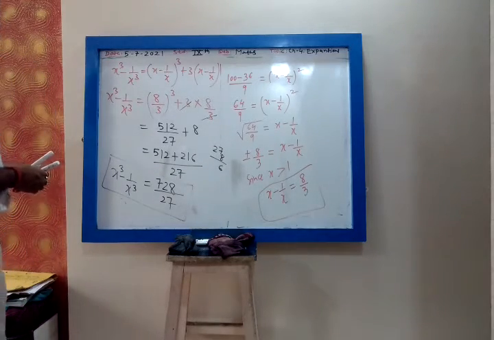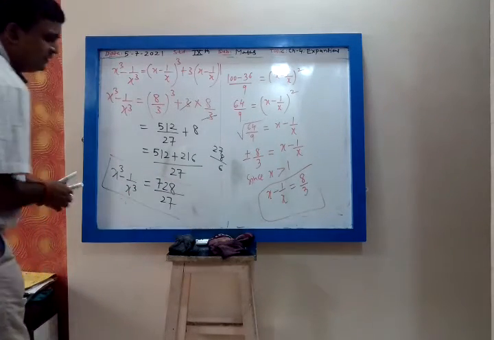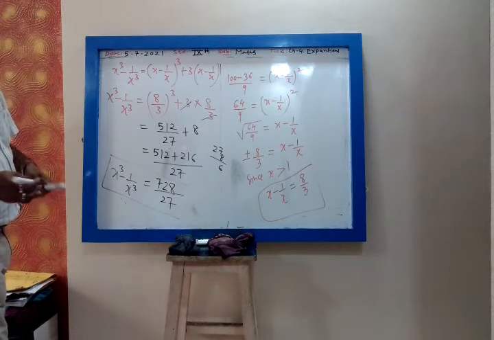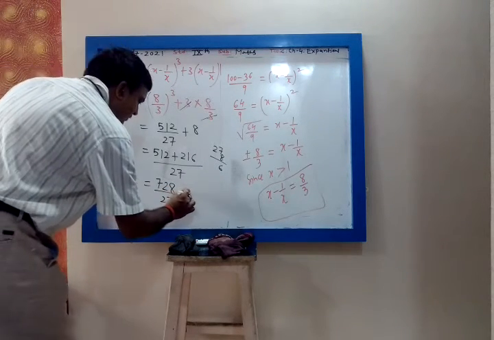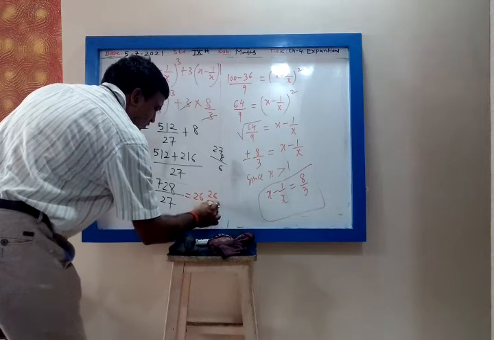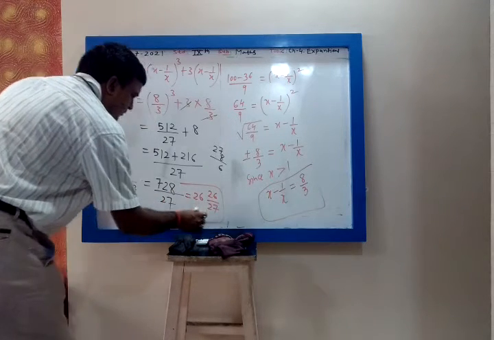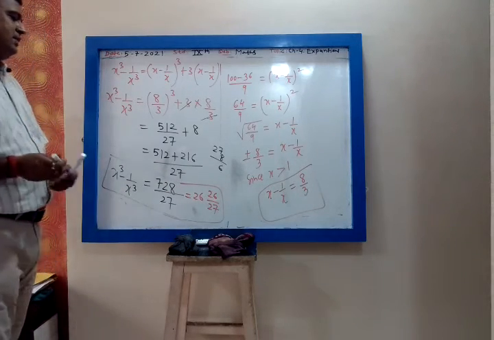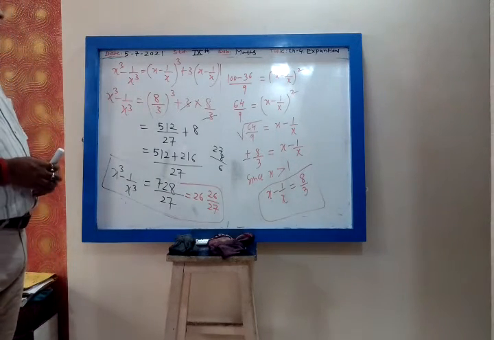Which you can write in the mixed fraction. In the textbook it is given. You can divide 728 by 27. The answer is given in the mixed fraction. That is 26 and 26 upon 27. You can stop there, no problem. But to match your answer with the answer which is given behind, this is 26 and 26 upon 27.